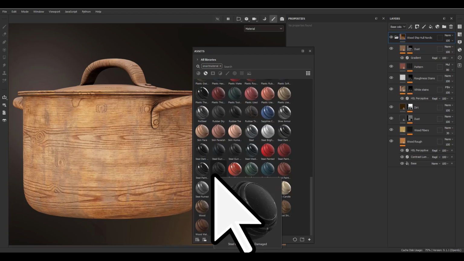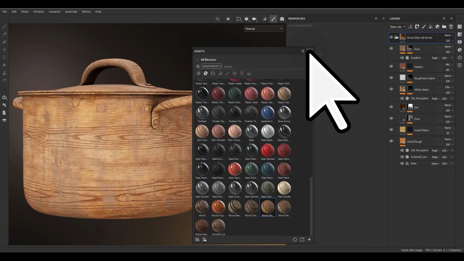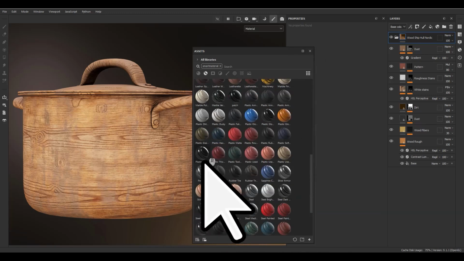We want to create wood material inside Substance Painter. After creating that wood material, we can put it in a folder and just create a smart material from that, and we can use that smart material for any other project that we want. But there are some rules for creating the best format for the smart material. For example, when we create a smart material,